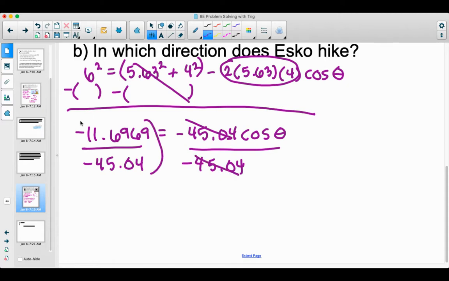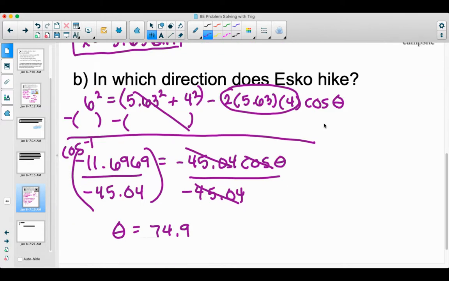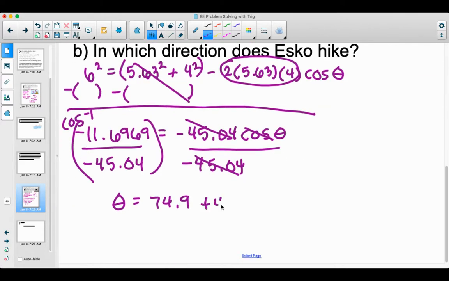Then I have to do my inverse cosine to get rid of my cosine, and I end up with theta is equal to 74.9. And if you remember, this is 74.9, but for the whole degrees, I have to add 40 to it. And so when I add 40 to that, then